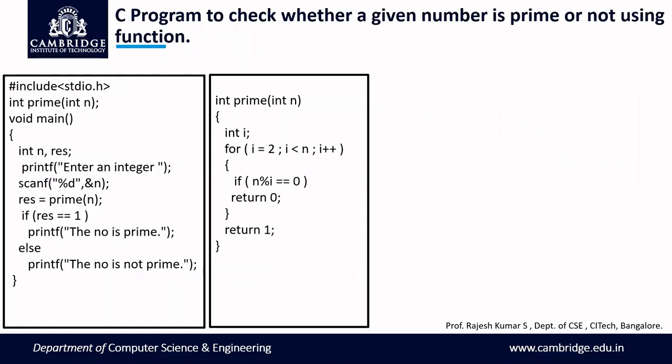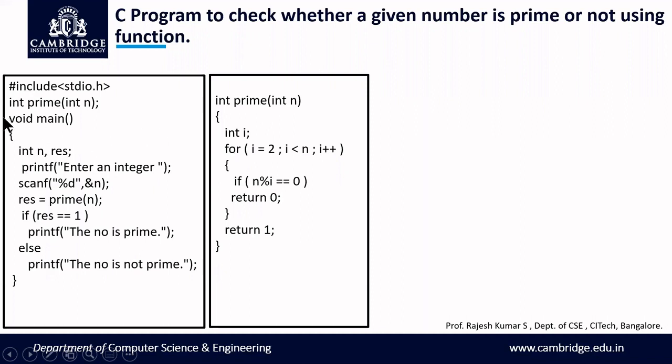Coming to the program, here we have written a function called prime. Starting the program with the header file #include stdio.h, we have declared a function. The function declared here is prime. The return type is int, and one argument is passed, ended with a semicolon. The definition of the function is written below the void main. The definition will have the same return type, the same function name, and the same number of arguments without a semicolon, with open and close braces, and what this function should do. The entire statement will be written inside this prime function.